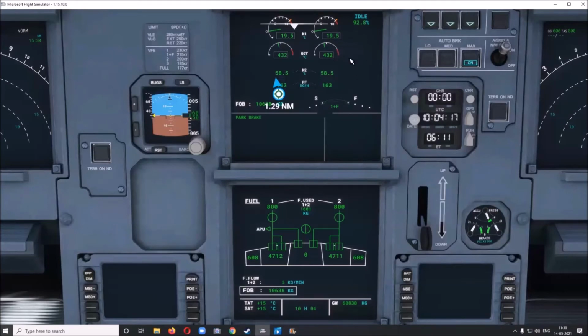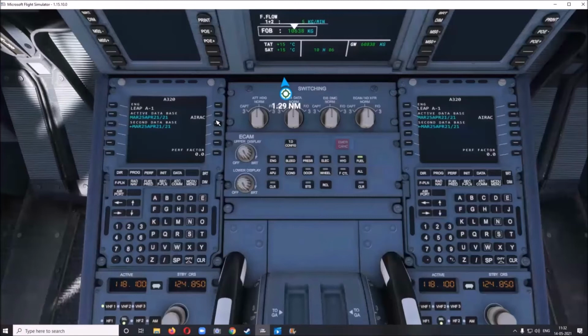These are the engine parameters. One is the fan speed, the fan in the front, and the turbine which is driving that fan. And this is EGT, exhaust gas temperature. N2 is the speed of the high pressure compressor and high pressure turbine, and fuel flow. These are the flap positions. Below here are the fuel pumps and the hydraulic system. Going down, this is the flight management system feeding the flight management computer, and this is called the MCDU, Master Control Display Unit, where you will put in all your parameters.